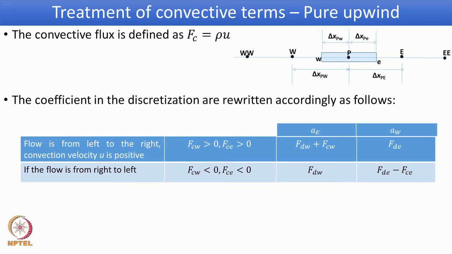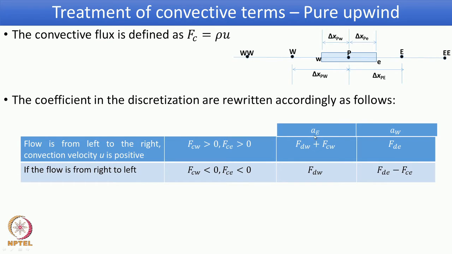Now, we have this switching. If the flow is from left to right, then we take the upstream node. If the flow is from right to left, you take the corresponding upstream node. In a problem, you have some regions where the flow is from left to right, and in some other regions you have flow from right to left. Using the same code, we should have a provision to check the convection velocity direction and switch the corresponding upstream side,